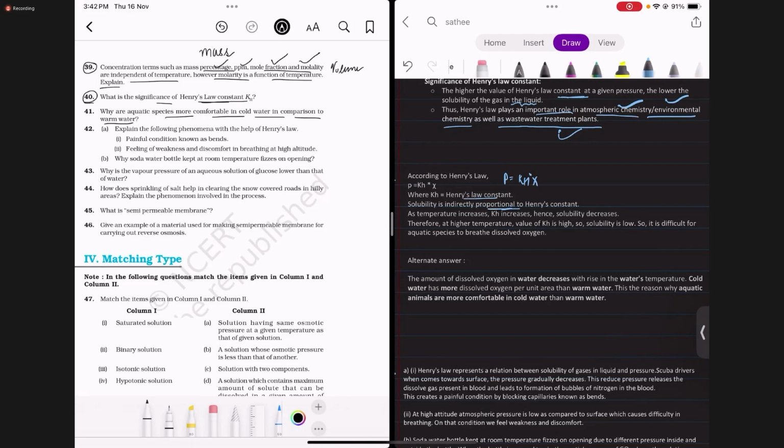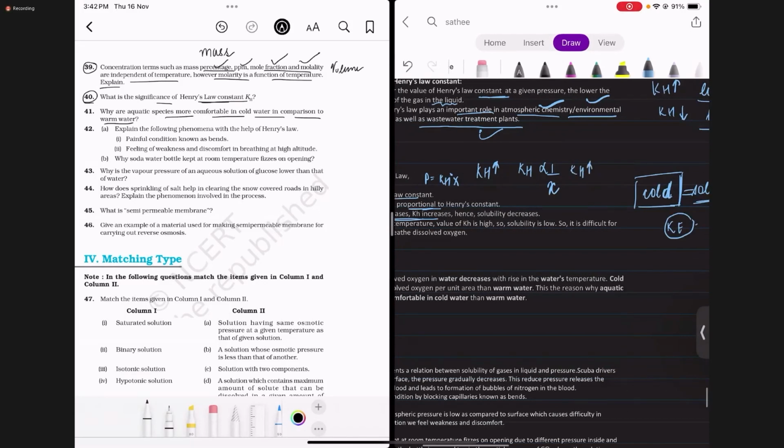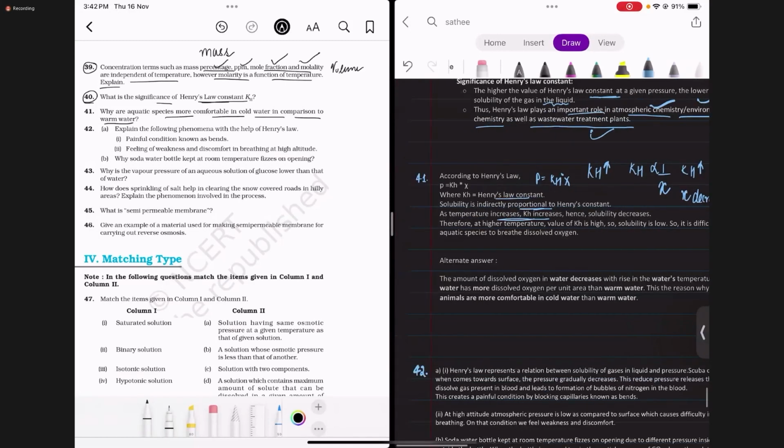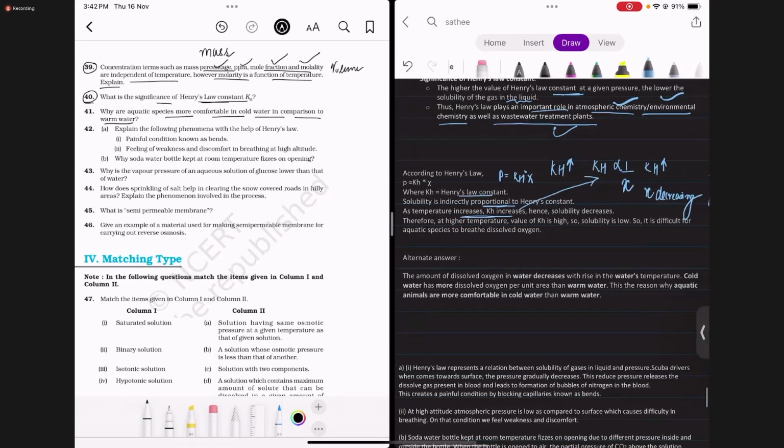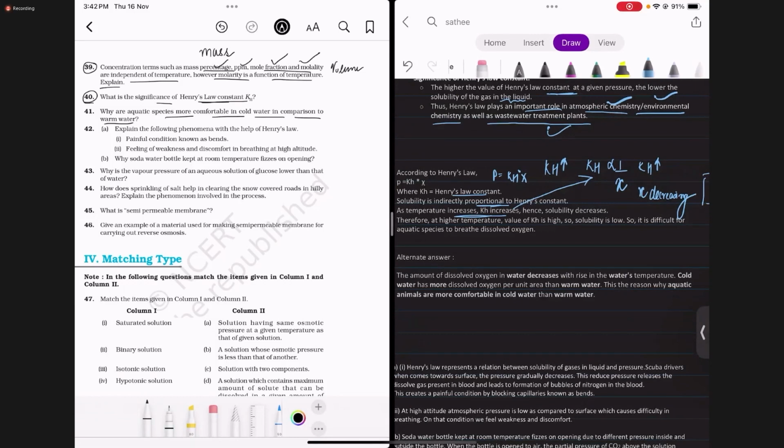a function of temperature. So जैसे जैसे temperature increase होता है KH also increases, and if KH increases, KH is inversely proportional to solubility, and if KH increases यानी कि solubility is decreasing. So जैसे जैसे temperature बढ़ता है KH also increases, and because of the increase in KH the solubility decreases. So at higher temperature the value of KH is high and the solubility is low, and because the solubility is